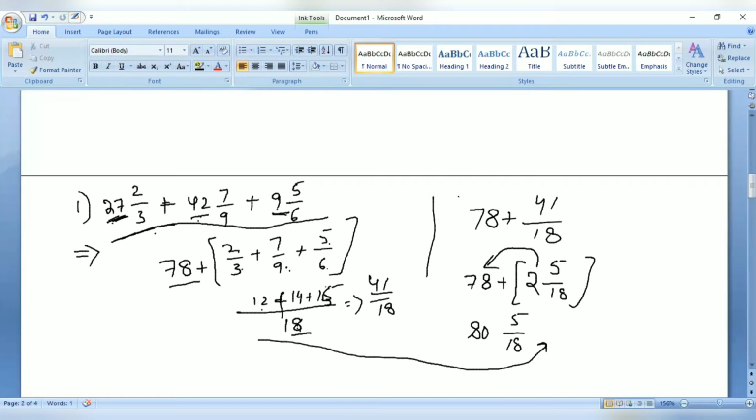So now we have brought it into a model where we know how to simplify this type of fractions. Okay, addition. So here 78 we have taken, 18 in multiples of 41. 18 ones are 18, 18 twos are 36, 18 threes are again 54. So value is increasing. So 18 twos are 36. So if you take 2 here, what is pending from 41, 36? If you remove, 5 is the balance, 5 divided by 18. So we add the 2 to the front value, that is 78. So it became 80. Carry the fraction as it is.